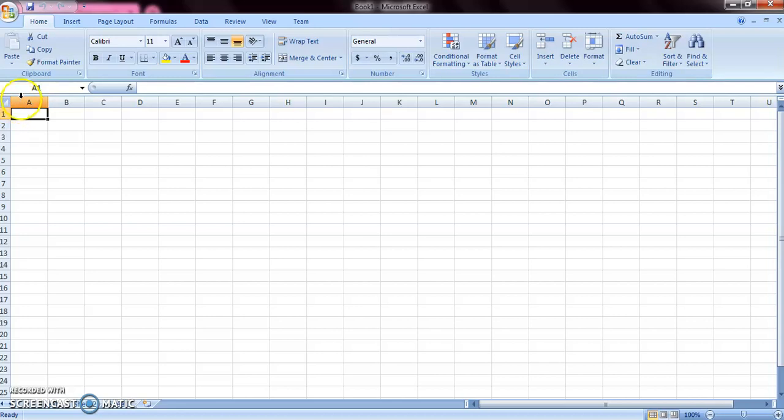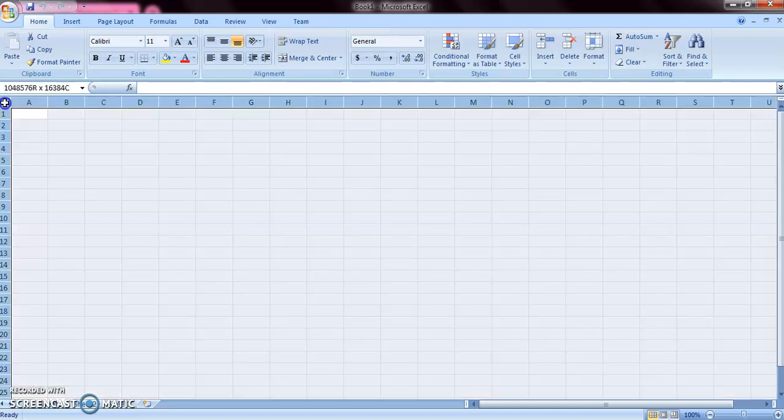And above this is the name box. I am going to talk about this later. When you click on this button, which is called the Select All button, you can see in the name box how many columns and how many rows are there in each worksheet.